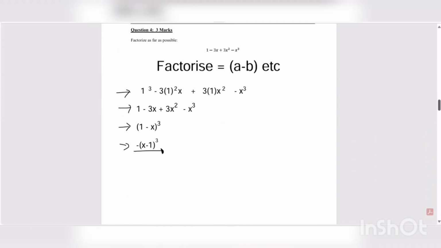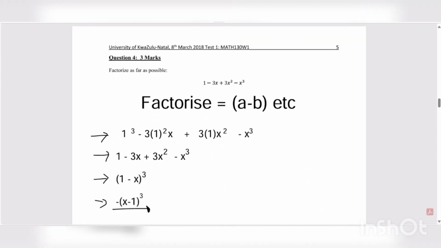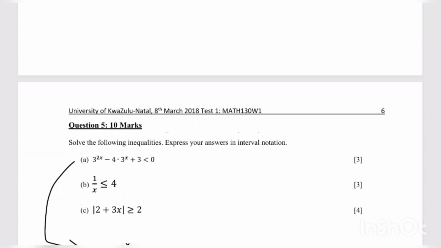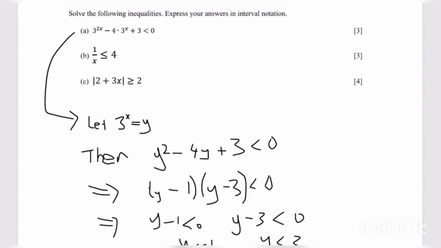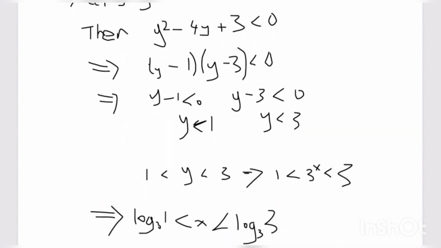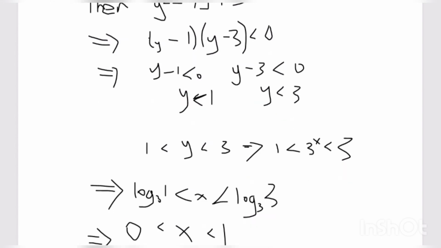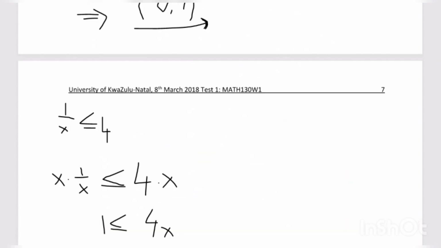So with this, if you remember, when we expand, we use Pascal's triangle, right? But when you factorize, you're using your sum of 2 cubes or the difference of 2 cubes or all of that. Alright, so in this case, this is how we do this. So we have the following inequalities, and then this is A. Okay, this is B,